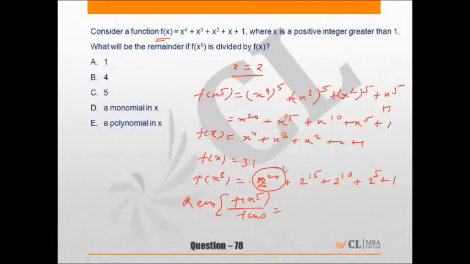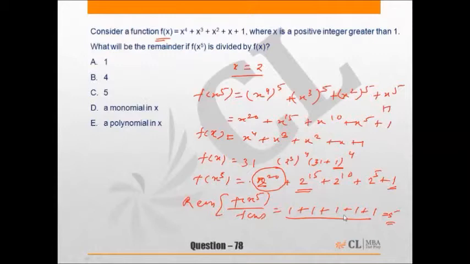and this can be checked, like 2 raised to power 20 can be written as 2 raised to power 5 raised to power 4, and 2 raised to power 5 can be written as 30 plus 1 raised to power 4, and when we divide 31 plus 1 raised to power 4, remainder is 1. Similarly, in other terms, like when 2 raised to power 15 is divided by 31, remainder will again be 1, and same will be the case for next two terms. And when 1 is divided by 31, remainder is 1, so the required remainder is 5. This is through substitution method, and in the exam this is the method that we should opt